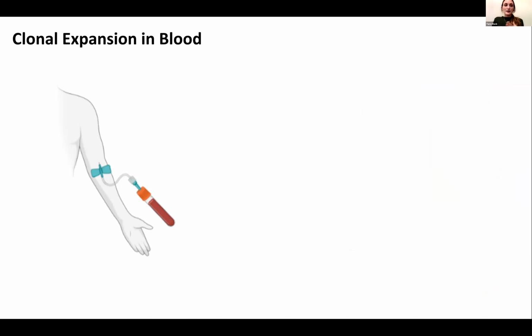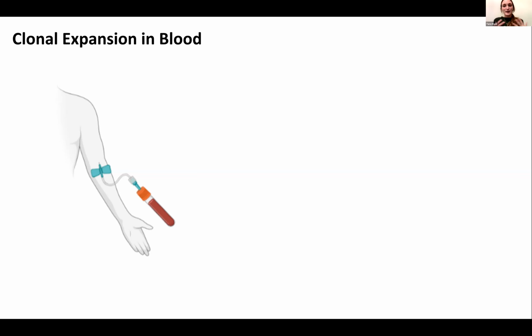Specifically in our lab, we're really interested in understanding this phenomenon of clonal expansion in the blood. This means that we're looking at driver mutations that are acquired in our blood cell precursors, or our hematopoietic stem cells. When you get a driver mutation in your hematopoietic stem cells, this leads to a clone of dysregulated growing blood cells in your peripheral blood. Blood is a really interesting tissue to study because it's pretty accessible, right? It's a lot harder to take a slice of your brain or your heart and see these clones growing, but you can get someone's blood pretty easily.